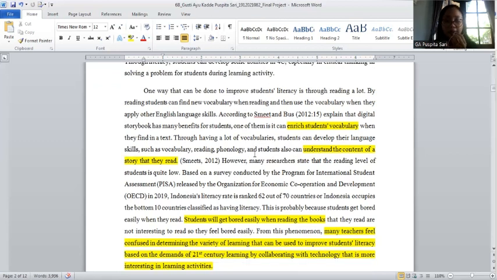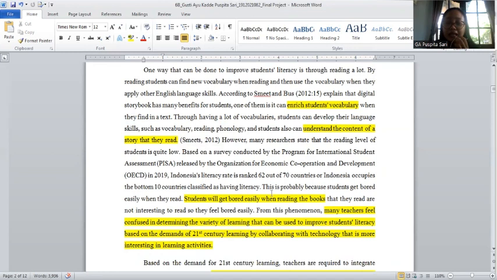students' learning activities. So through reading, students can enrich their vocabulary, and also through literacy, students can understand the content of the story that they read before. So in this case, when we read something, we can know about anything. But students will get bored easily when reading a book. So in this phenomenon, we can see the role of the teacher,